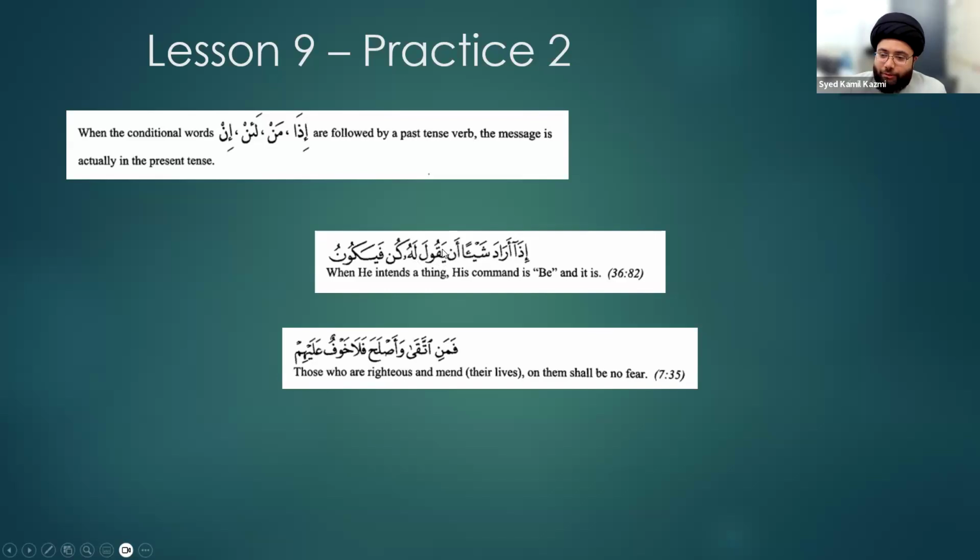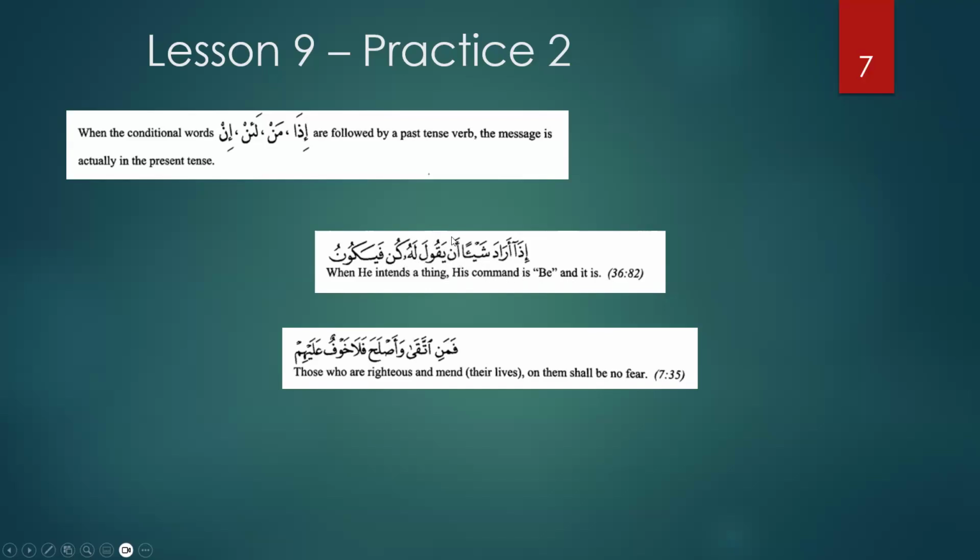Separate from this unit, we covered it in a different unit, but we can recognize it here right now. That's very good. We should be able to recognize these things as we see them. So an yaqula is taking place, not an yaqulu, because an is causing an action. It's making this verb mansub. An yaqula lahu, right? He says to the thing, kun, be, fayakun, and it becomes.